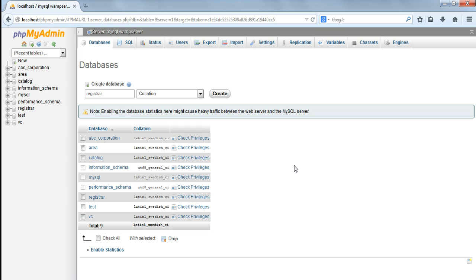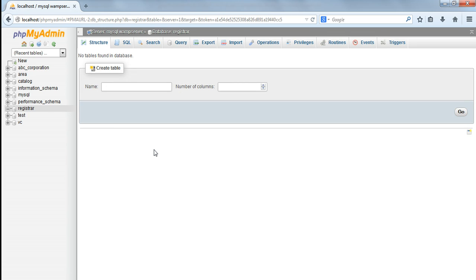The next step is to create a table in that database. We're going to do that next. To create a table, first what you have to do is go into the database. So on the left-hand side of the page where it says registrar, and by the way, these are all hyperlinks, I'd like you to push the registrar hyperlink, and that's going to bring you to a page that looks something